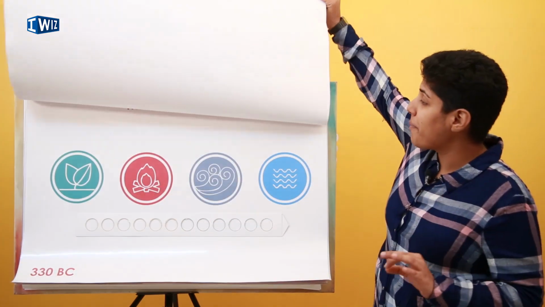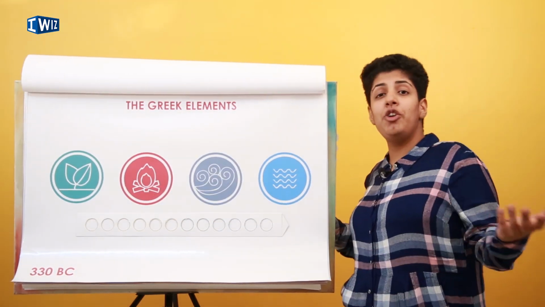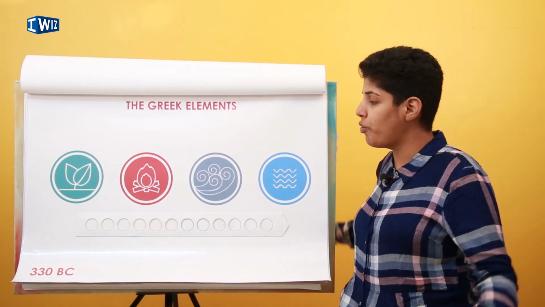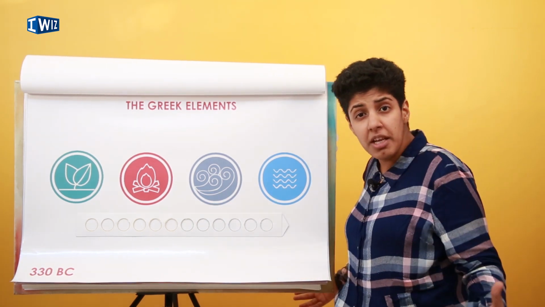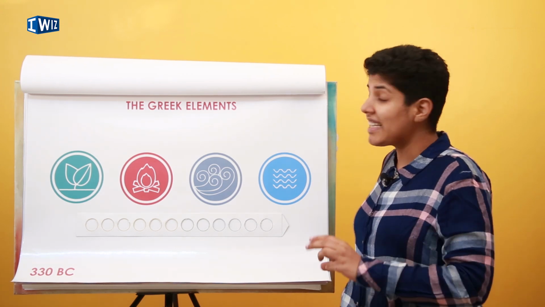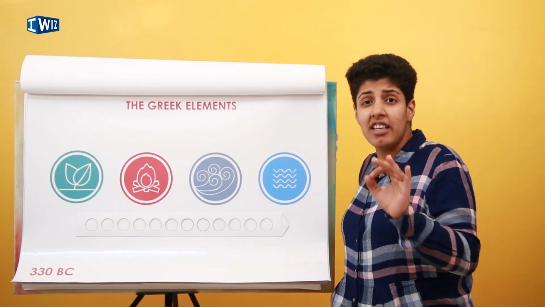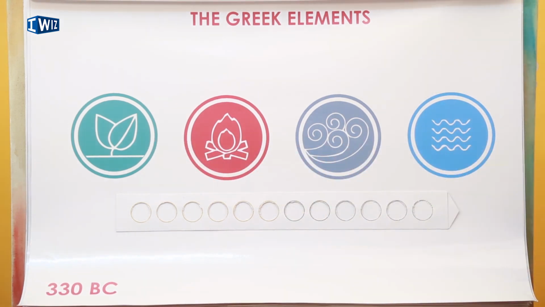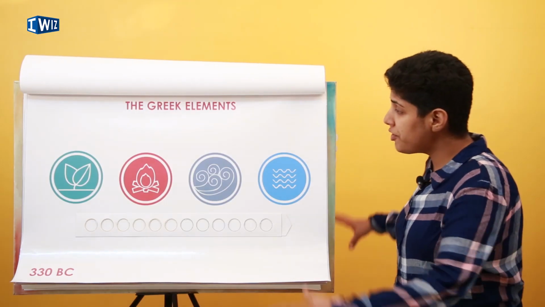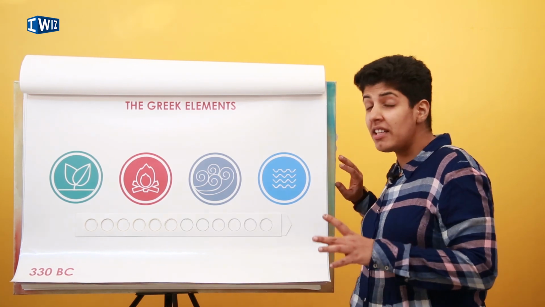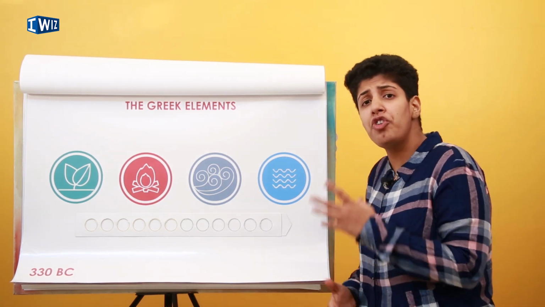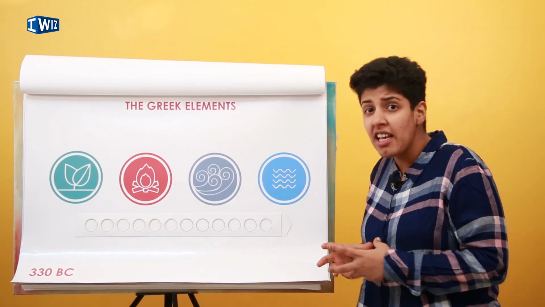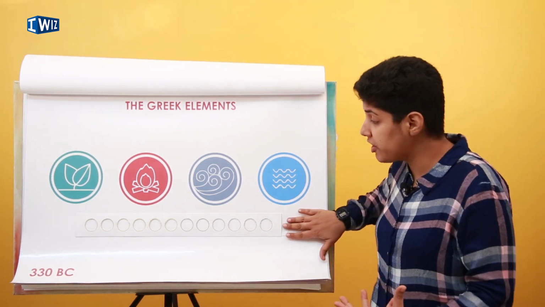The first step in our journey is actually knowing what an element is. The idea of elements is a really old one. It goes back to 330 BC. Plato said that there are 4 elements and everything is made up of these 4 elements. There was earth, fire, wind and water. Now, these were the 4 elements according to the Greeks, but there were some substances that we could not break down into simpler substances. We heated this and we actually used all of this stuff a lot.